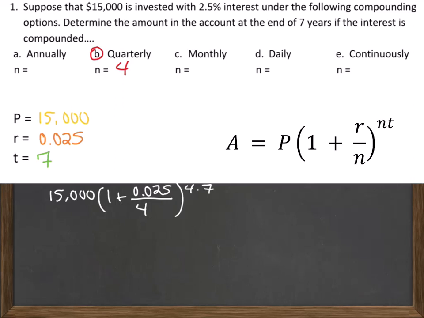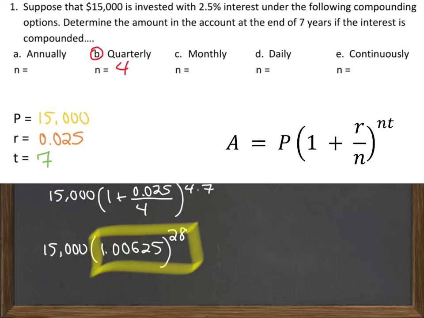Okay, so think back to your order of operations. Please excuse my dear Aunt Sally. The first thing we have to do is this guy right here. So if I put that into a calculator, and notice that I'm writing the whole equation all over again, I get 0.00625, okay? So I get 1.00625 in the parentheses. All right, 4 times 7 is 28, okay? So again, think about your order of operations. We have to do the exponents first, right, before we multiply, okay? So when we do that, we get